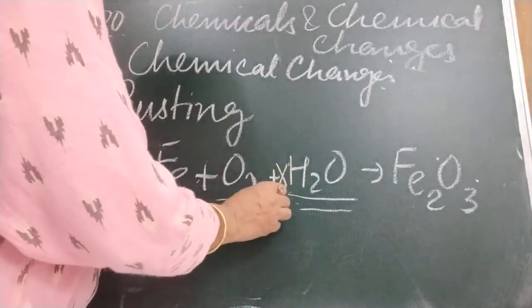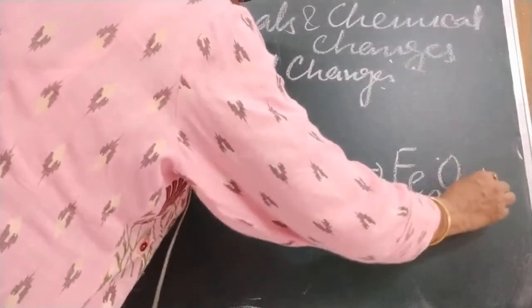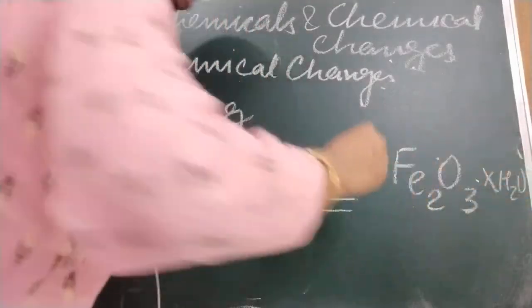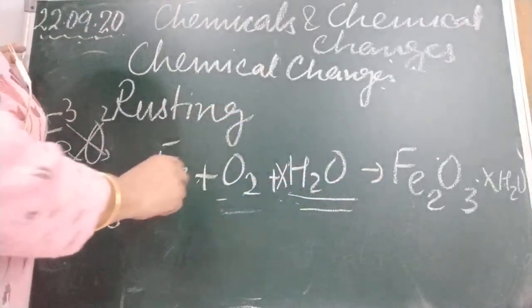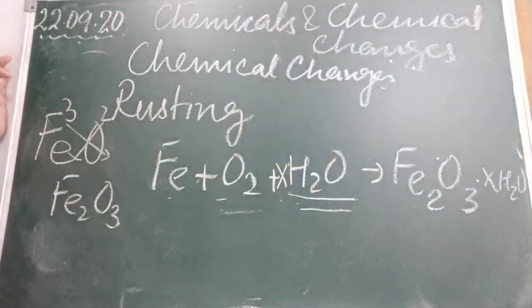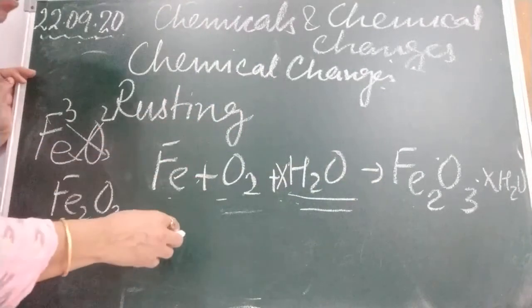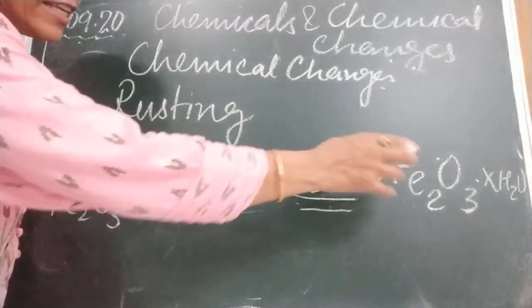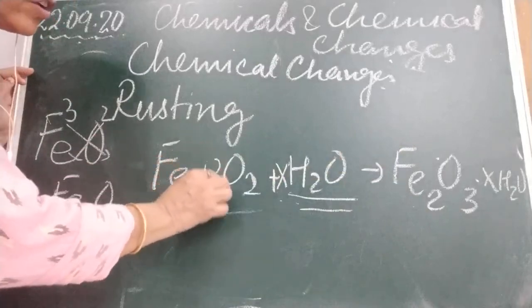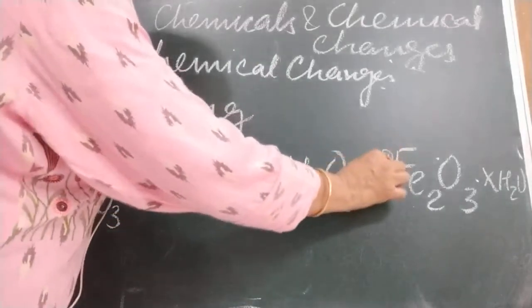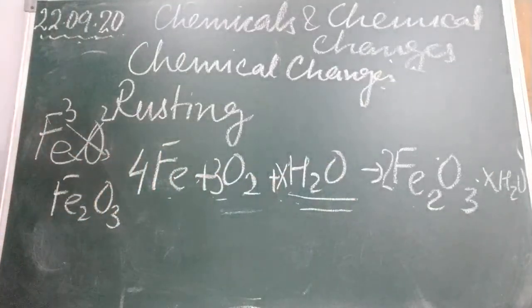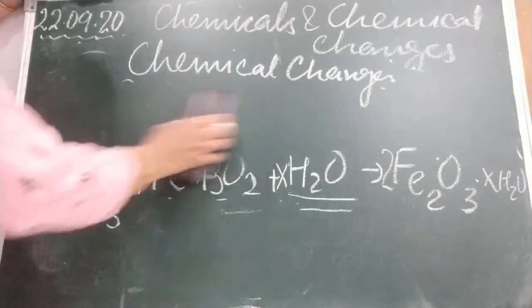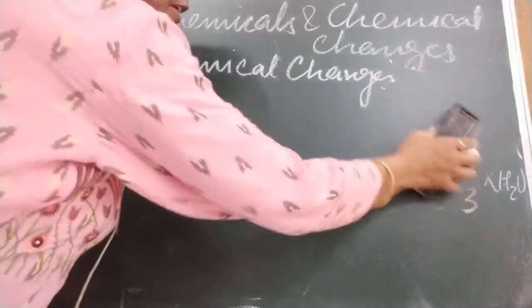Like I have used 5 molecules of water, so it will be 5. This is iron oxide. I have not balanced it yet, so let us balance it: here 3, here you write down 2, and this is 4. So this is the balanced equation of iron oxide. Now come to the second one, chemical changes.